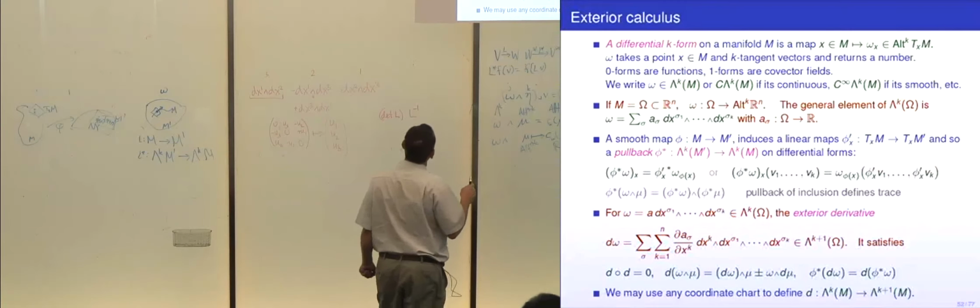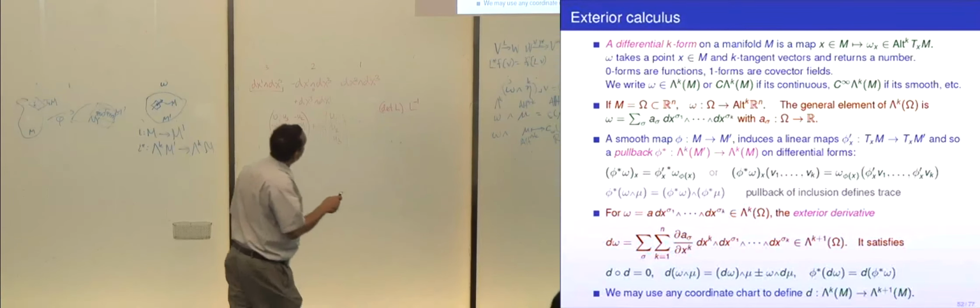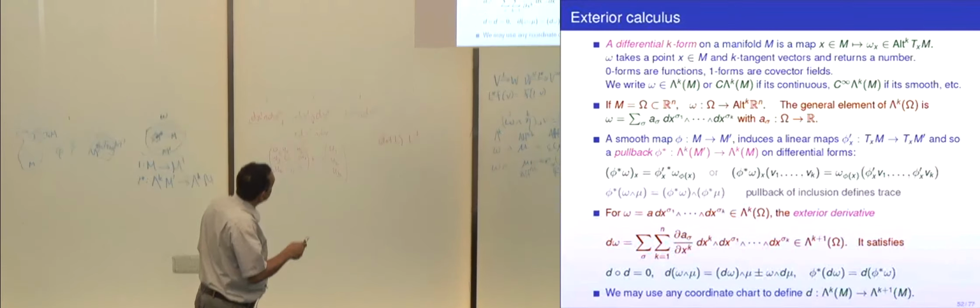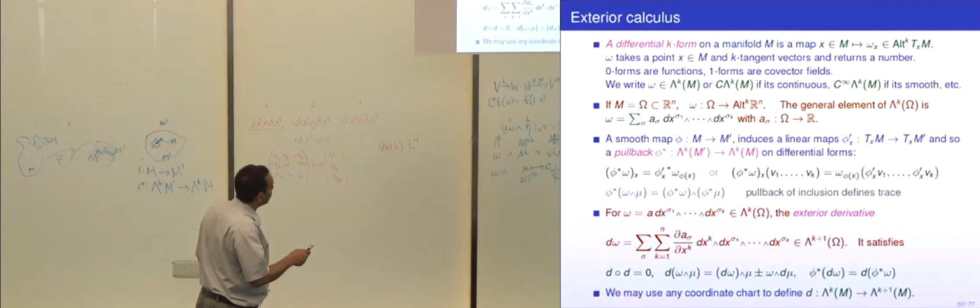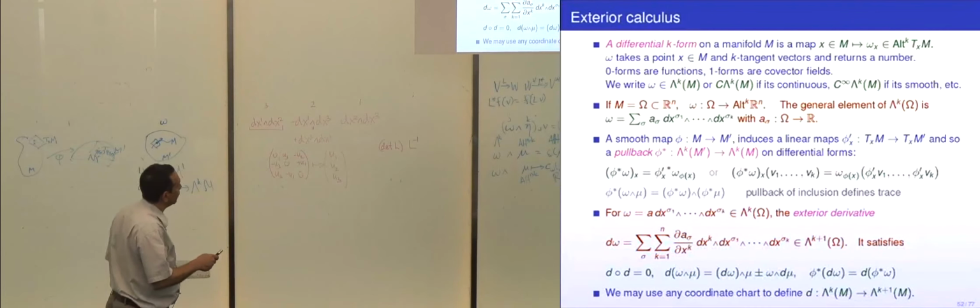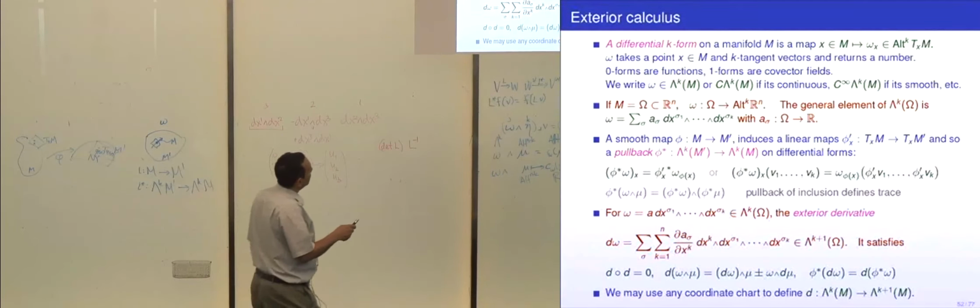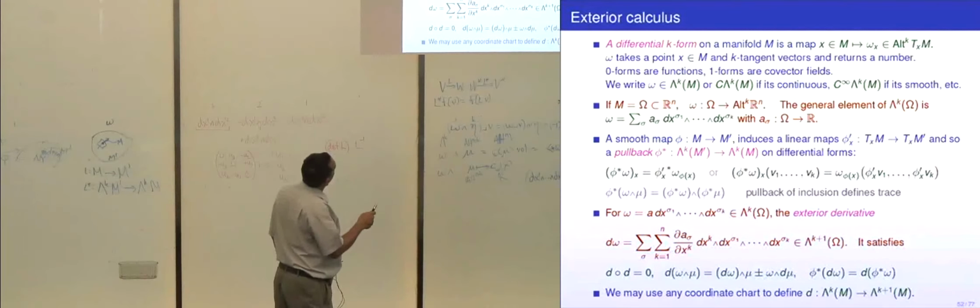Okay, and now we really get to some calculus, some derivatives of the differential forms themselves. The easiest way to define the exterior derivative is to use coordinates. There's another way that avoids this, but I won't do it here. A general differential form is a sum of things of this form, a function times dx sigma 1 through dx sigma k. And the exterior derivative is defined by the formula that you might guess from the notation.